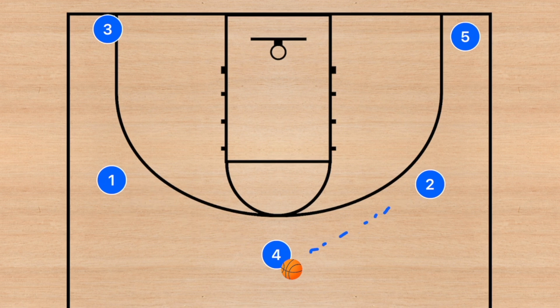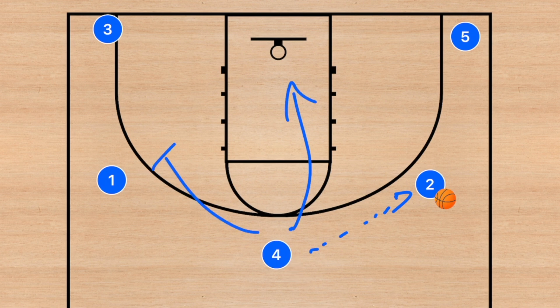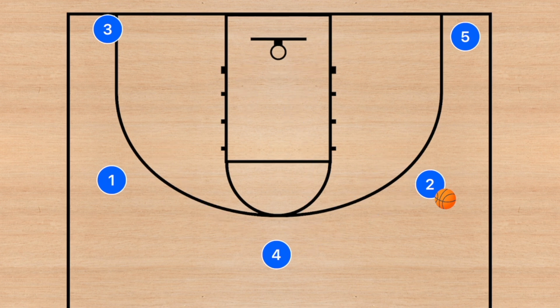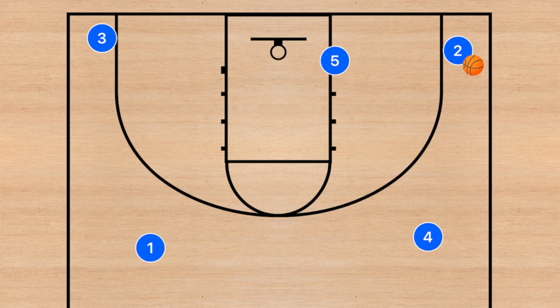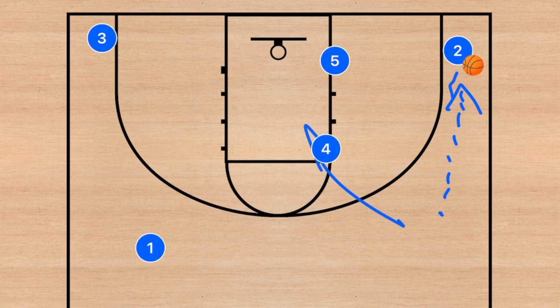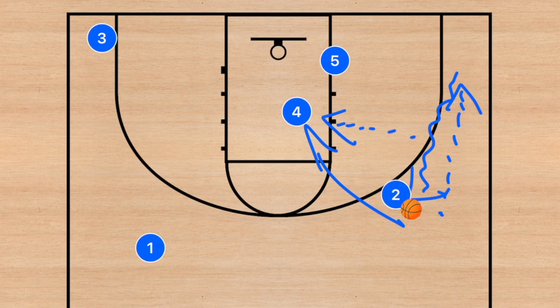So if you pass, let's say to player 2, you've got to be able to cut or screen away or screen 4. Those are your 3 options. Now this would be a basic 5-out option, but you can also have this ran as a 4-corner / 4-out 1-in style offense, where if player 4 then passed to player 2 as an example, now player 4 can cut down this side, player 2 can then dribble up towards the left while looking for player 4, and player 5